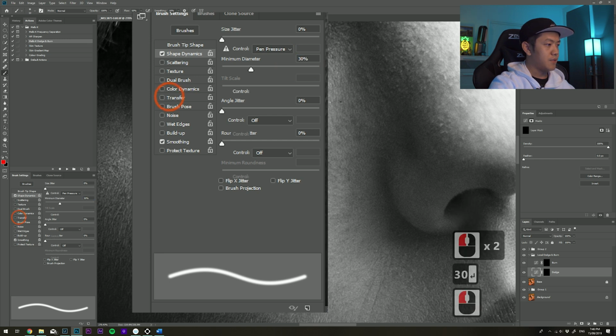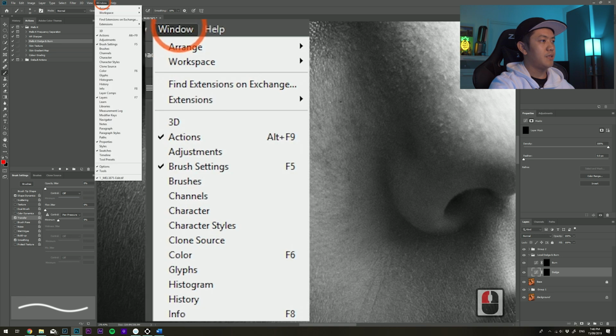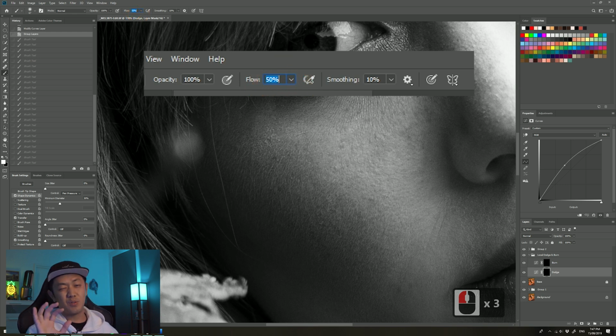Then we've got to go to transfer, tick that, and smoothing. If you don't find the brush settings menu, you could go up here and go window, brush settings, and it will bring up the menu. Once that's done, I'm going to go up here and set the flow percentage between 1 to 5%. So here I'm going to have that 3%, just so we could take our time with it and be a